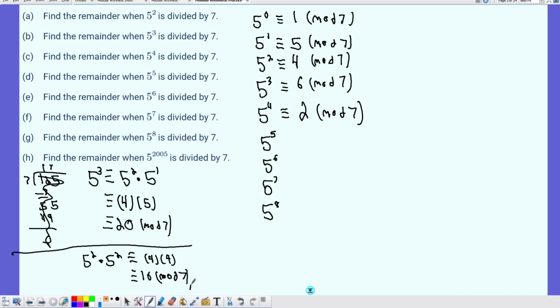Hopefully we're beginning to see how these exponentiation tricks will help make these problems a little bit easier. So, 5 to the 5th power,